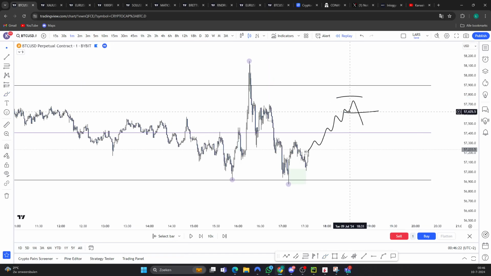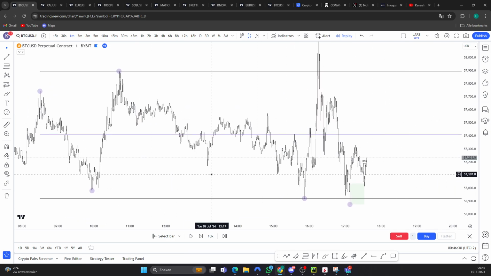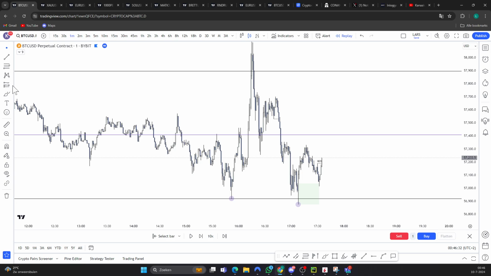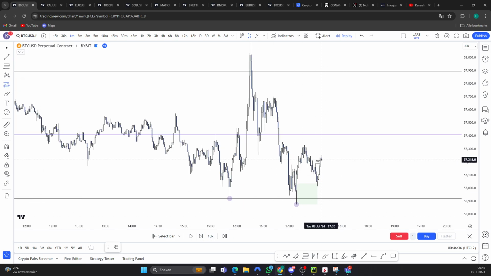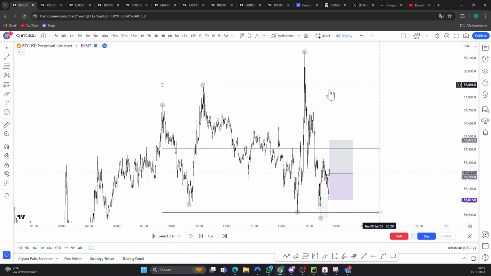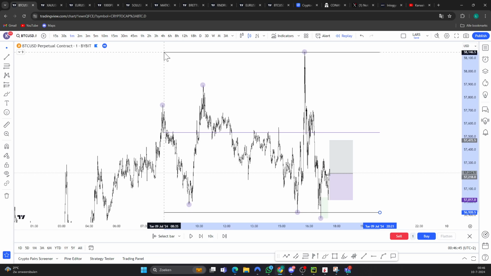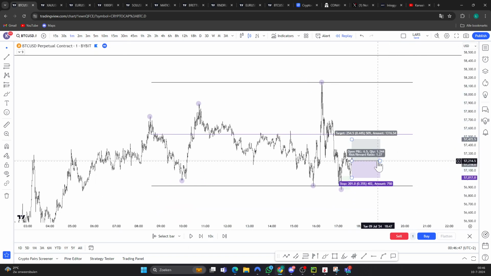So yeah, you can kind of take the risk of saying, this looks like a Model 1. It's a valid Model 1. This is a valid entry. I can long it up here. Maybe we got the retest. Yeah, I can long it here. I can put my stop below. If I target the high, which would be the target, it's a nice